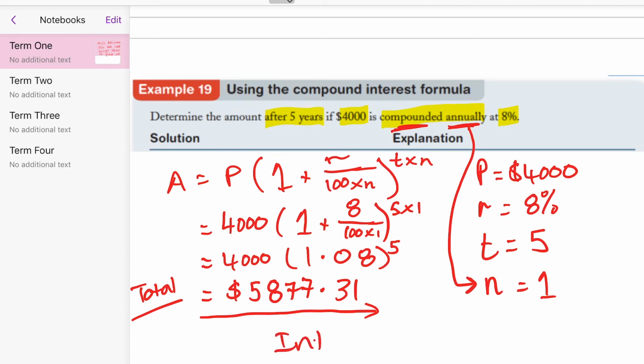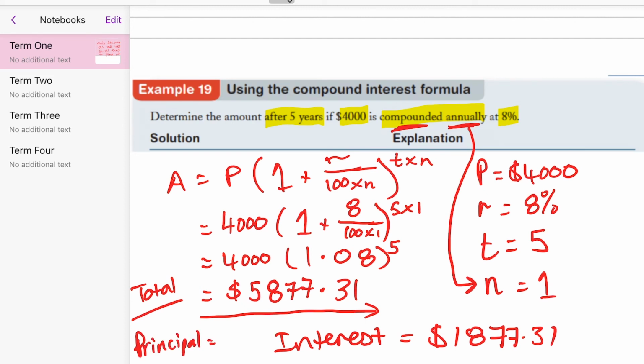So your interest amount for this actually equates to $1,877.31 because your principal is $4,000, okay? So if you subtract $5,877.31 and you take $4,000 away from that,